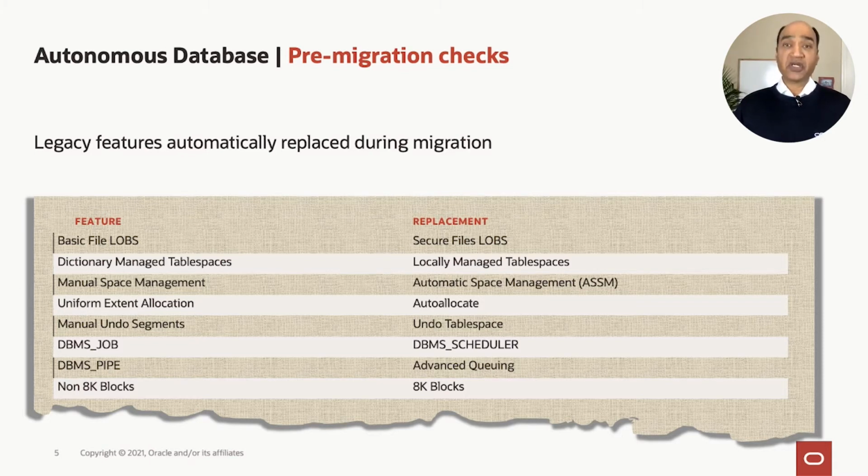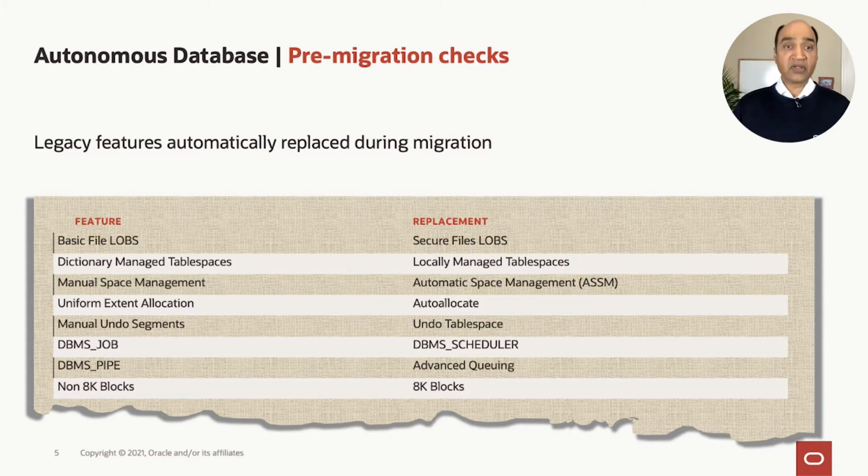And for that purpose, many of the functions or features of the database, and parameters that can potentially compromise that, are locked down, right? So it's important to understand what those features are and make sure that if your existing application has those parameters in place or is set up in a certain way that can interfere, then you identify those and resolve those ahead of time before you decide to migrate. So one of the migration checks is to basically look at legacy features, right? And then understand how they're handled.